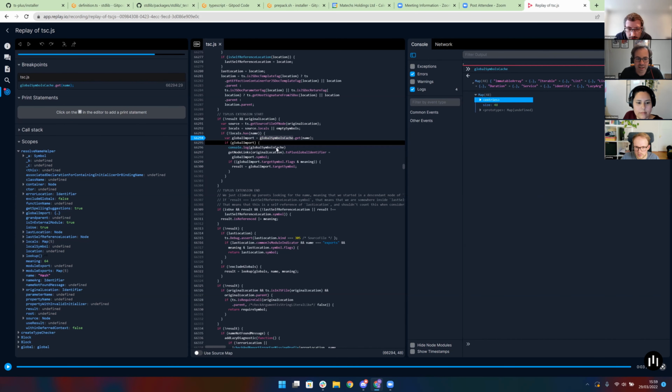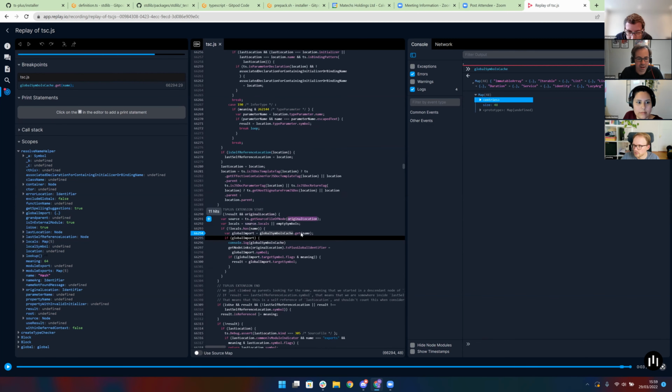I was resolving a specific location, so I was interested to see what the original location was. And I was trying to resolve the hash identifier, to give a meaning to the hash identifier.